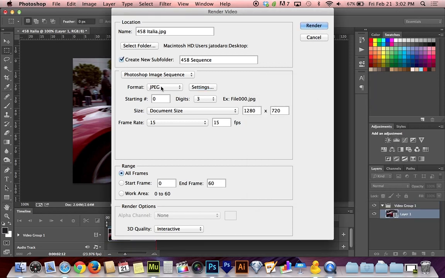And format JPEG. Starting number doesn't really matter. I'm just going to leave it the way it is, 3 digits. That's fine. That's how the naming scheme is going to be. So I'm going to have 001, 002, 003, etc. as they're named. So the document size, I'm going to leave it at its original size of 1280 by 720,